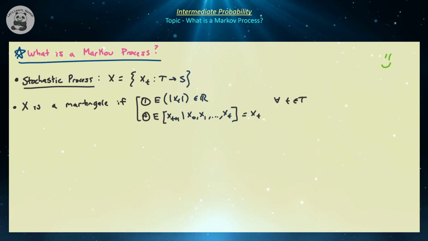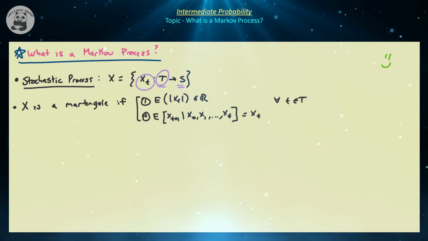You can view a stochastic process as just a sequence of random variables X_t, where t ranges over the set T, mapping to the set S, where S is called the state space of the stochastic process. And the set T doesn't necessarily have to be a discrete set. It can be a continuous or an uncountable set if it desires to be. If it's discrete or countable, some people will call it a discrete stochastic process, and if it's uncountable, some people will call it a continuous stochastic process.